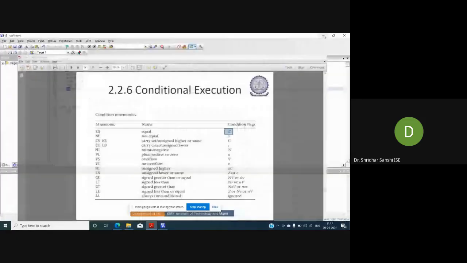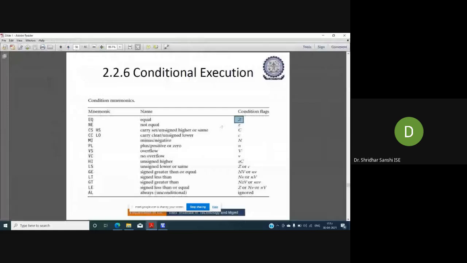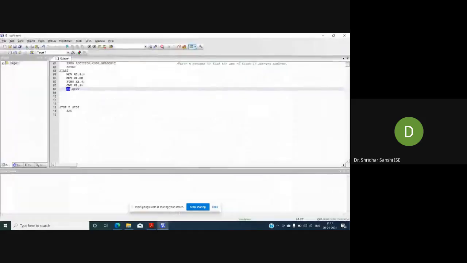So if the Z flag is set to 1, then it will go to the stop. Otherwise, it will be ignored. This particular instruction will not be executed. It is like the if-else statement in C. If the condition is true, then execute. Correct? Okay, so that is EQ.